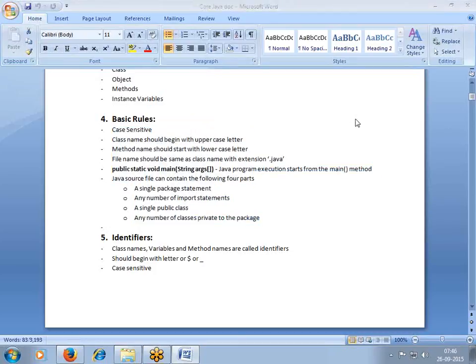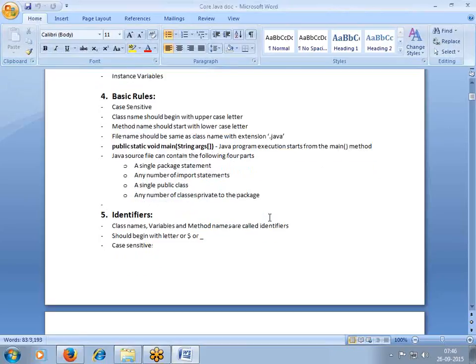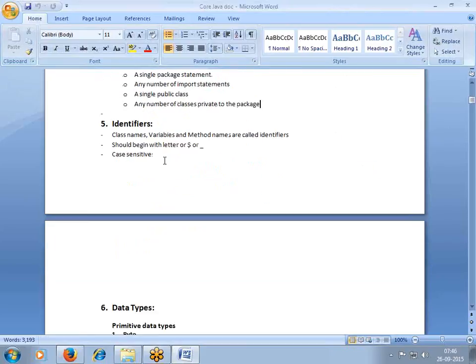And after that, we discussed identifiers. What is an identifier? Identifier means,